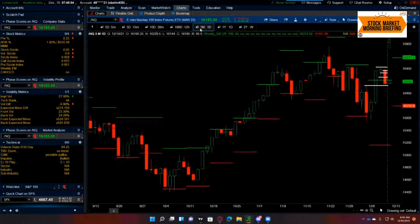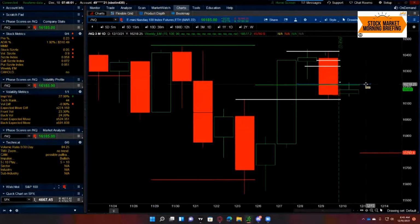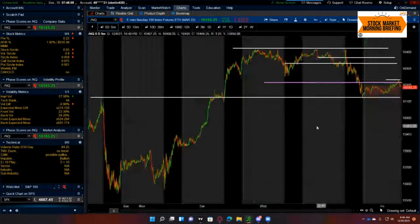For the weekly expected move, you can see it's over our head at the moment. Just make it something that stands out so when we come back. All right, so that's the weekly expected move, and you can see we're kind of bumping our head against it. We were outside of the box. Now we're back inside the box. It's very likely that we're going to close inside the box. We'll know more in about